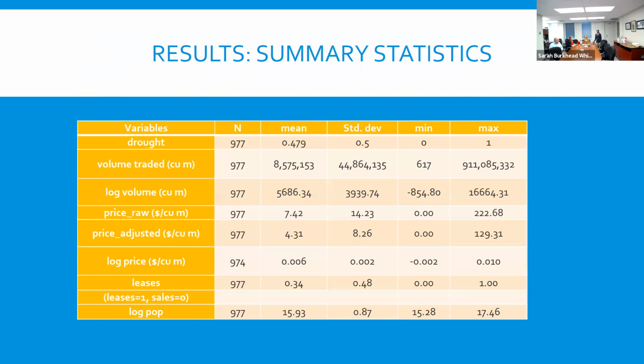He has been very generous in telling me why this is happening, and some of the reasons are that I had to throw out observations where, unfortunately, some people agreed on a lease but did not carry out the lease the next year. So many of these were just zeros, right? It took me a long while to clean up the spreadsheet, and I eventually came up with these 977 observations. And these are some of the summary statistics.